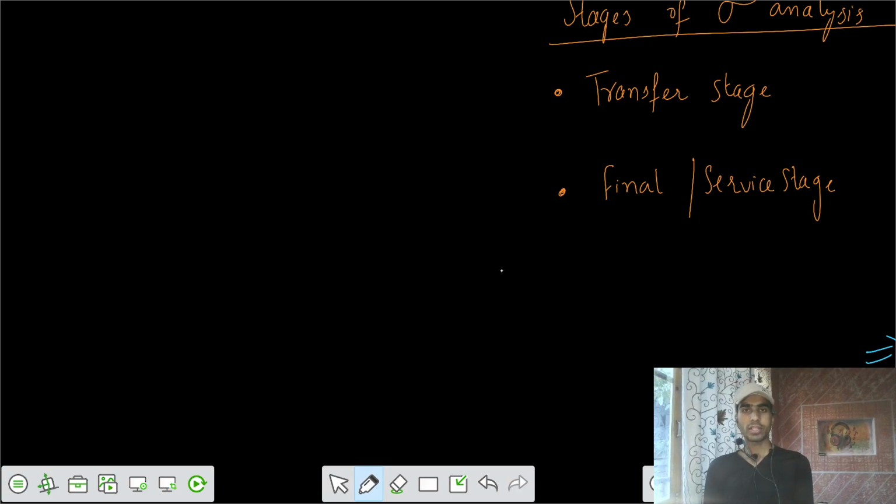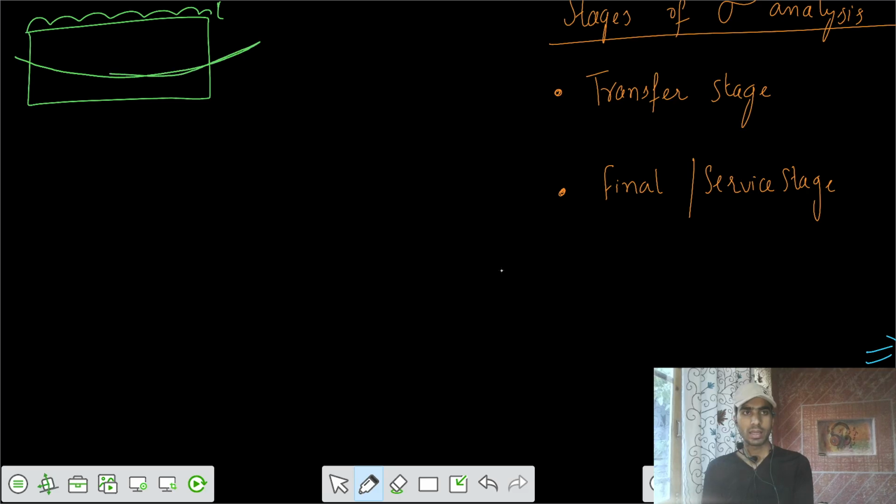If I take a general beam, there is some dead load, live load, and there's some cable that is placed in a parabolic way, and the cross section is a T-shaped cross section. If I talk about the midspan, there's some eccentricity from the neutral axis. So if I calculate the stresses for the first case, that is the transfer stage,